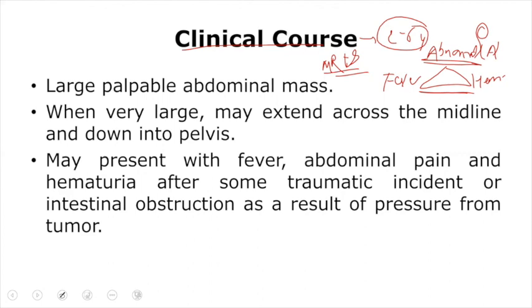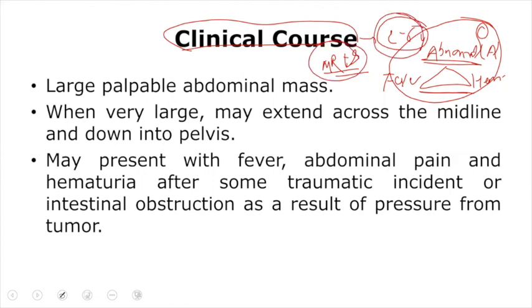Regarding the clinical course of the disease, you should remember this triad of features that you appreciate in case of Wilms tumor. You should know that MRI is the investigation of choice, and you should know it occurs at the age of 2 to 6 years. And if metastasis happens in this disease, then the most common site of metastasis is the lungs. So lungs become the most common site of metastasis in Wilms tumor, and that is also a point of interest. These are very high yield points that I am discussing with you.